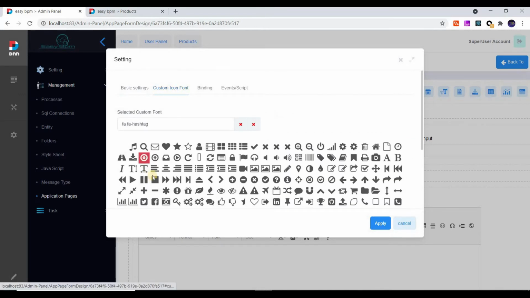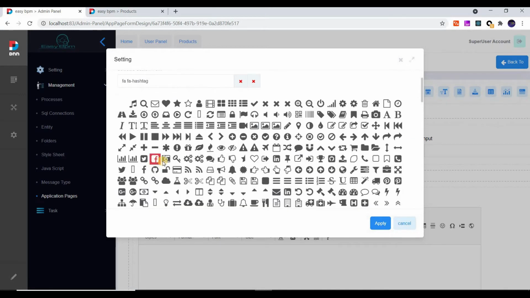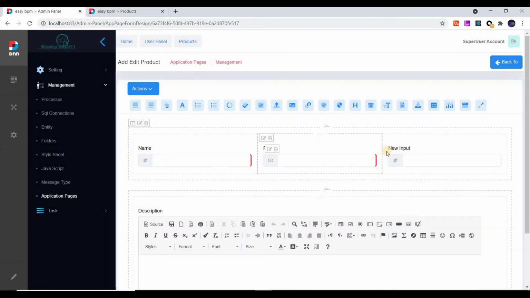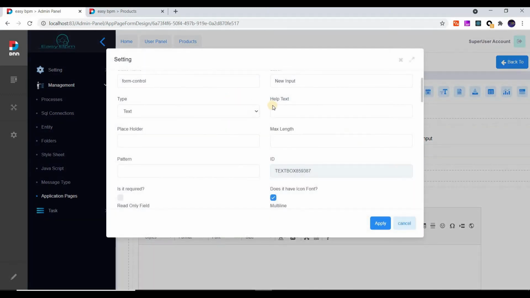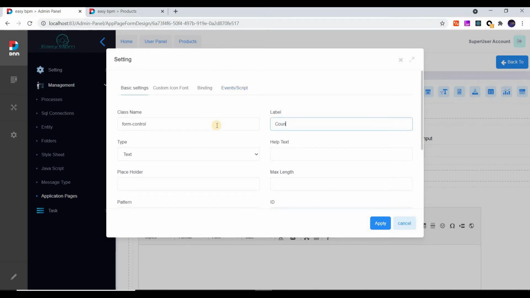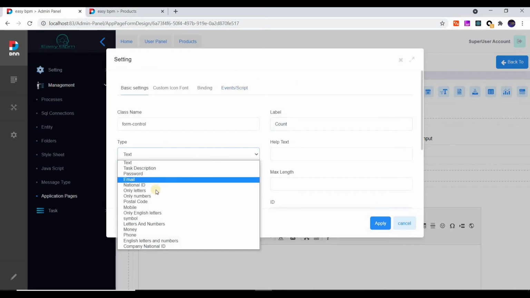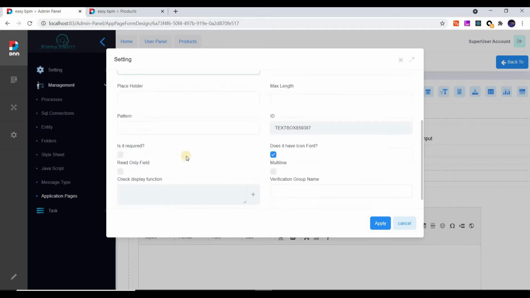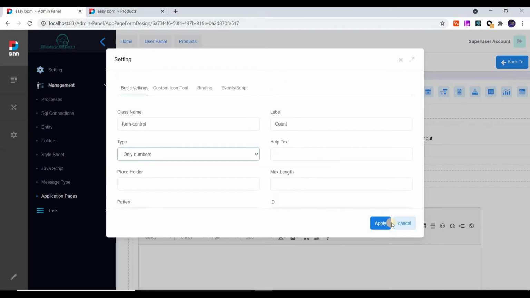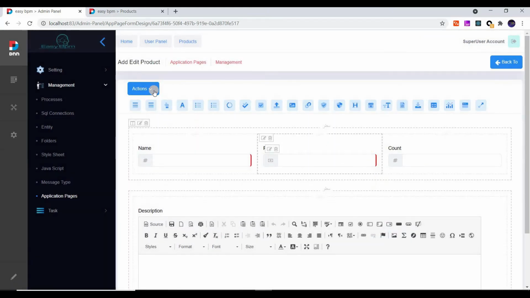And I can change the font to the money. And the last one is count, and the type is only number, and it's not required, so I let it go, and I will save the